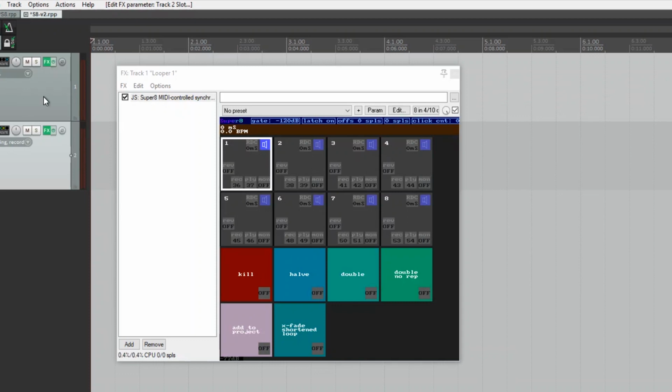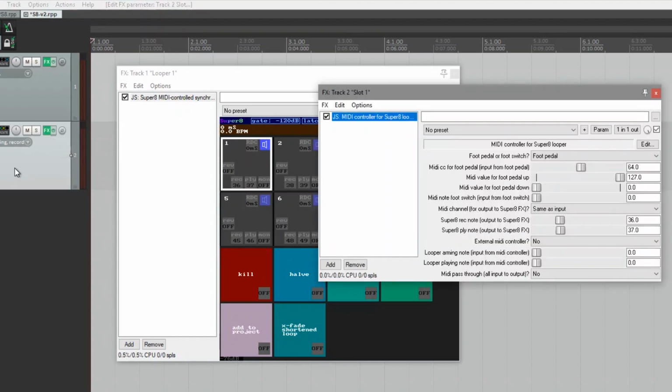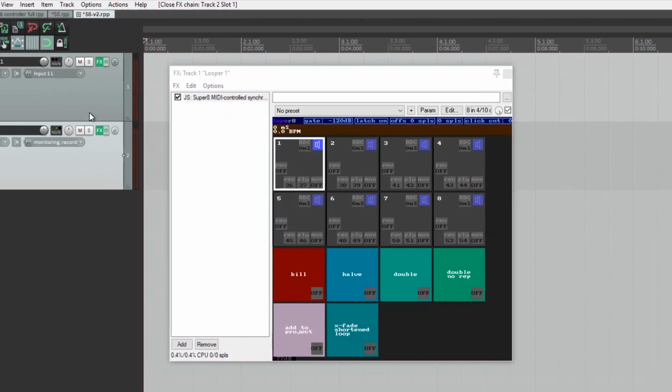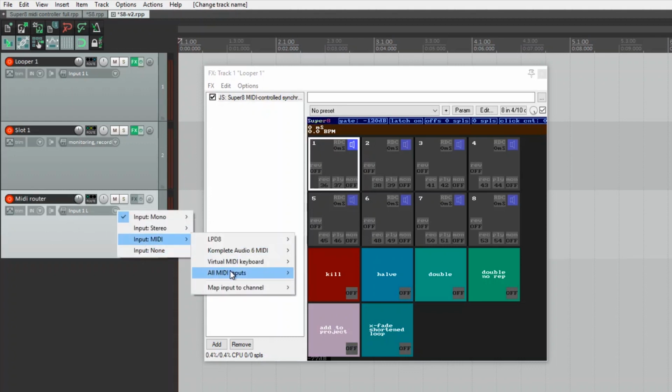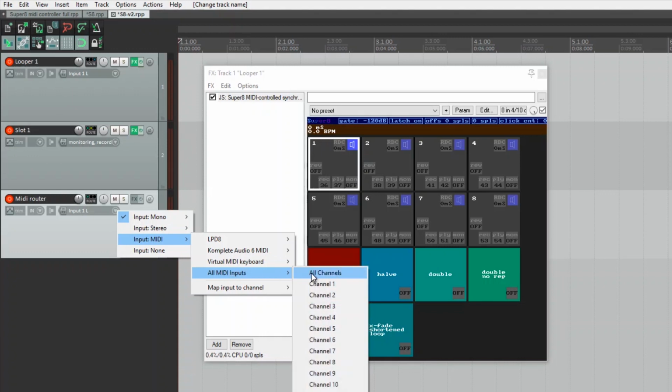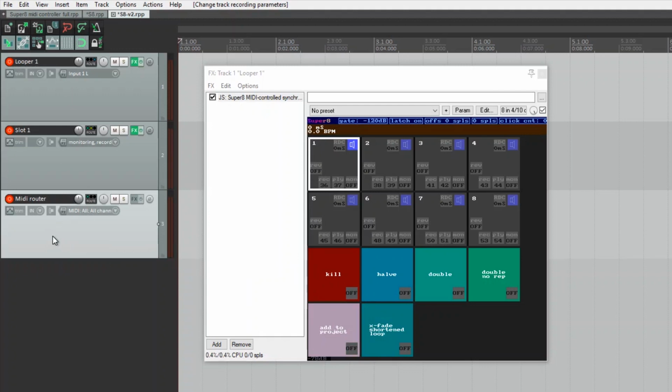So now we get audio output from looper 1 to slot 1. We can control the MIDI input of looper 1 via the plugin here in slot 1, but we still need MIDI input here. We don't get any MIDI at the moment. These are both audio channels, so the best way to do that is to add a MIDI channel where we will route all MIDI to wherever we want it. In this case we will input all MIDI channels from all devices,